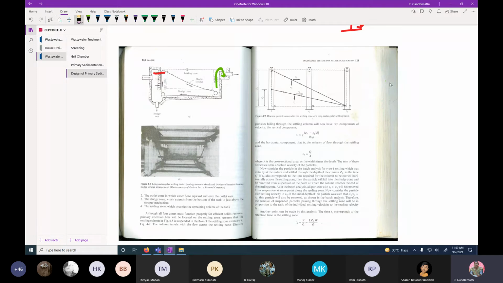Whatever the concept we have studied previously, this is the settling zone. This portion is the settling zone. They have just imagined the settling column. Initially the particle, because you are introducing the water to the inlet zone, may be at the inlet zone. This is the settling column, and then over a period of time, because it's a continuous